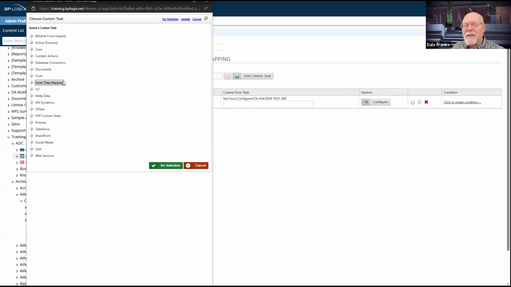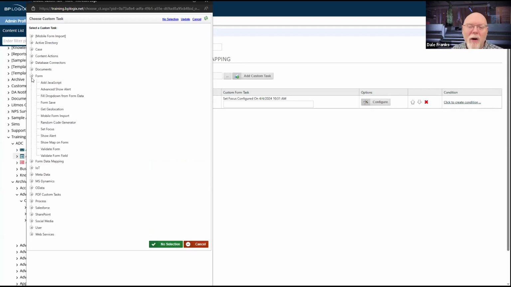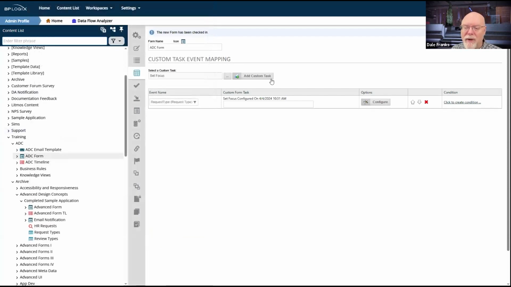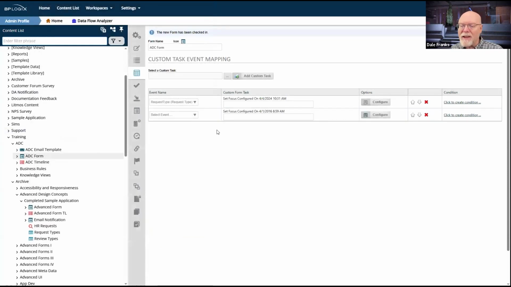Now, it's not as important, I don't think, for the date field because you're going to have to use your mouse to choose the date. Although technically, you don't have to. I mean, technically, you can fill out a date picker via the keyboard. I never do, but in any event, for whatever reason, we are going to add that set focus, because anytime that you have an event field, we do need to add that set focus.